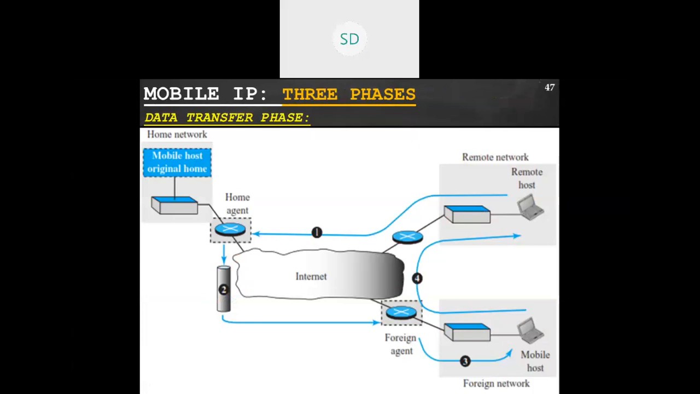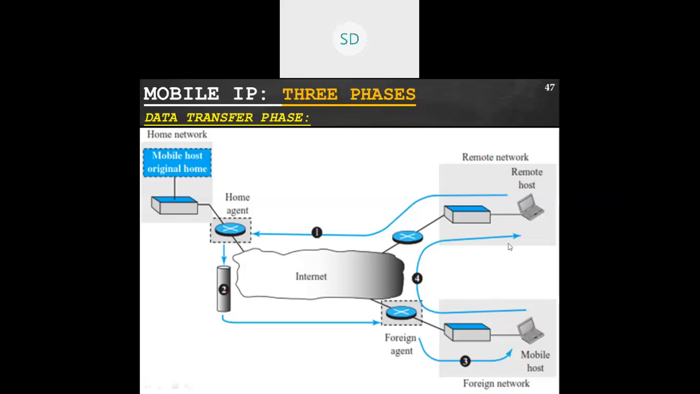Now the other way around, suppose you want to communicate from the mobile host back to the remote host. So what is the path? Does it again send the data to the foreign agent, from the foreign agent to the home agent, and from the home agent to the remote host? No, it is not required, because